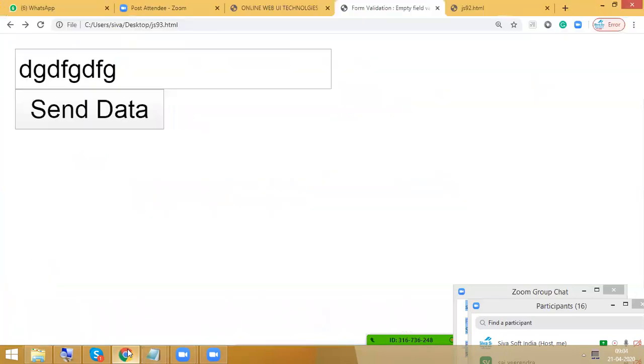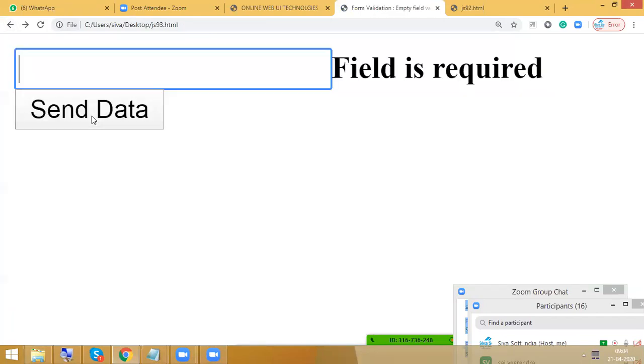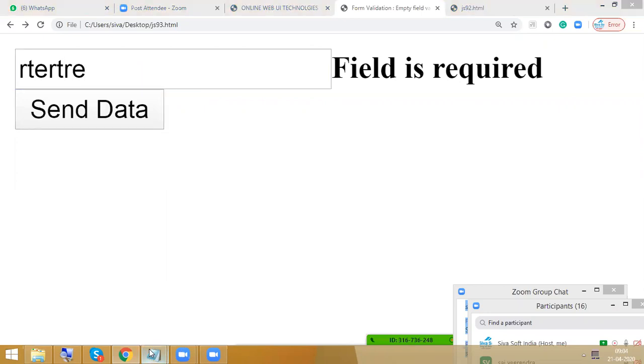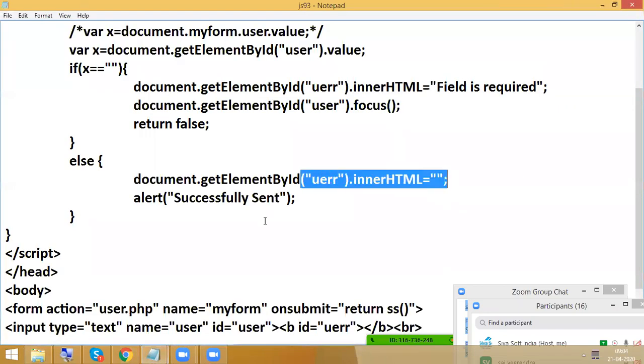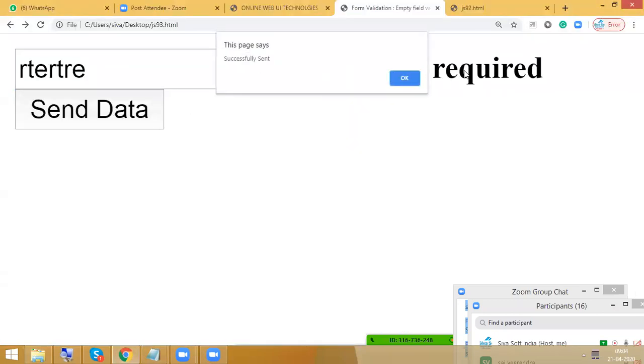See here, in order, first I made this empty, then afterwards the alert is there. The alert is displaying, but still the message is not hiding. But if I click OK, within a fraction of a second, the "field is required" message is hiding, then it is going.